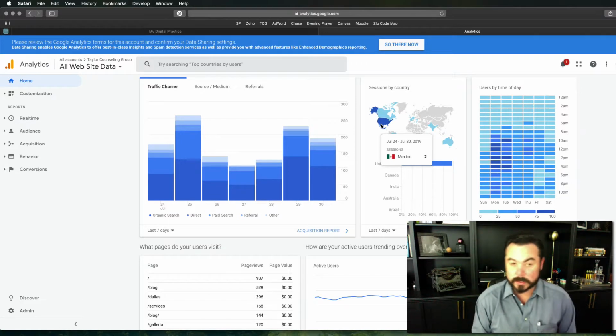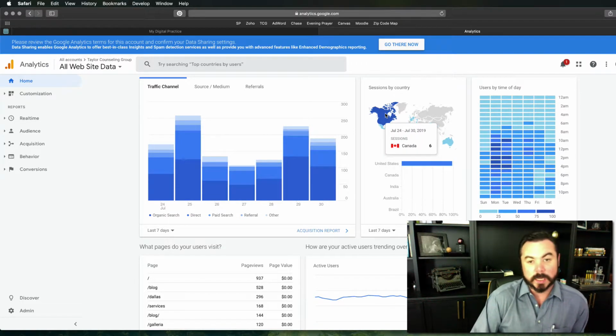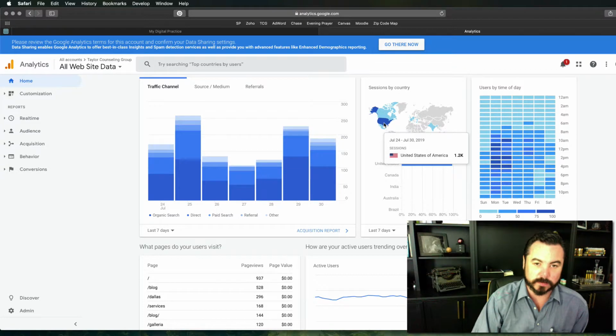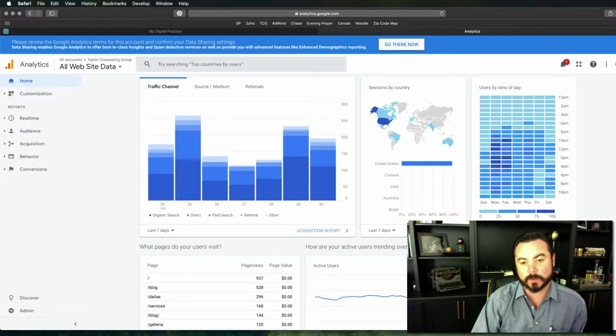I mean, we're not that far away, so that's possible. Canada is unlikely, and then the United States, obviously 1.2 thousand, a very large difference between the other countries, so that's where most of them are. But we can get more detailed with that,